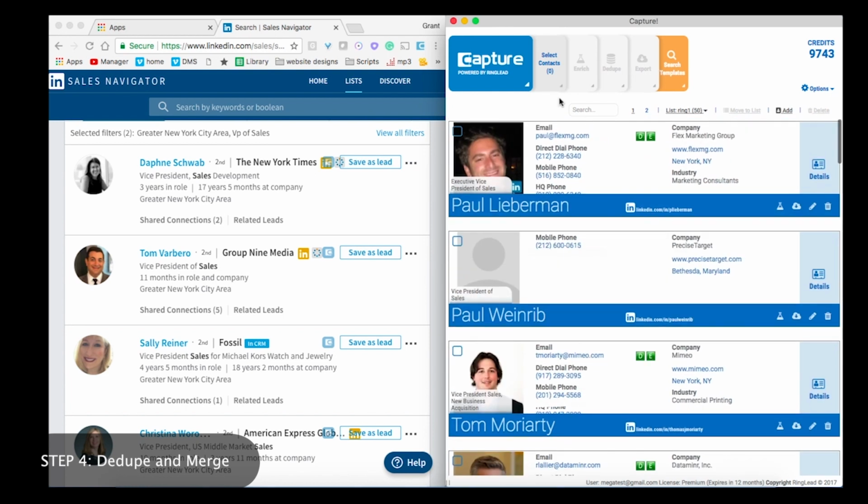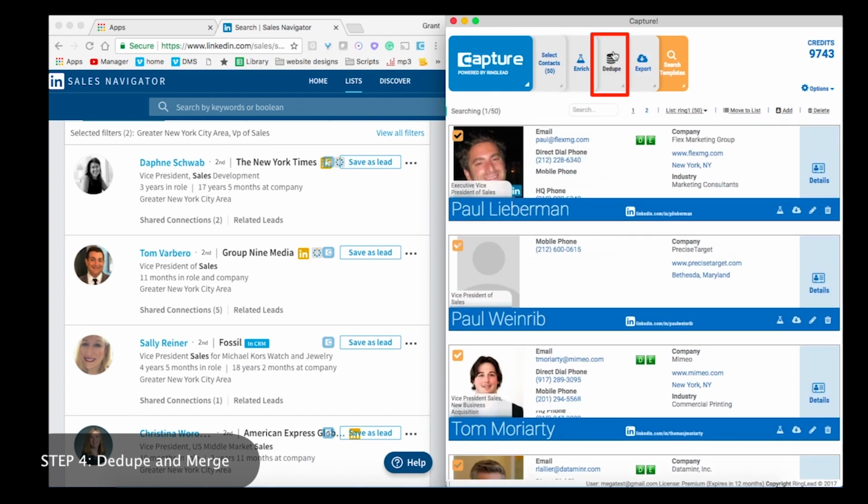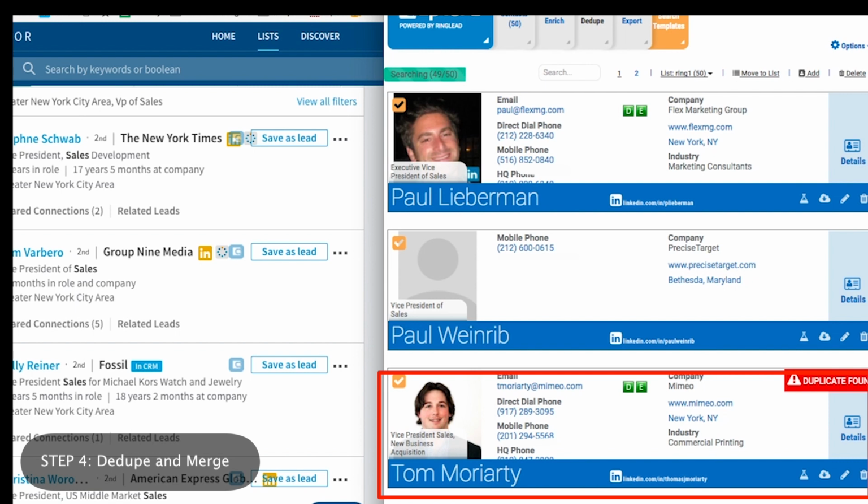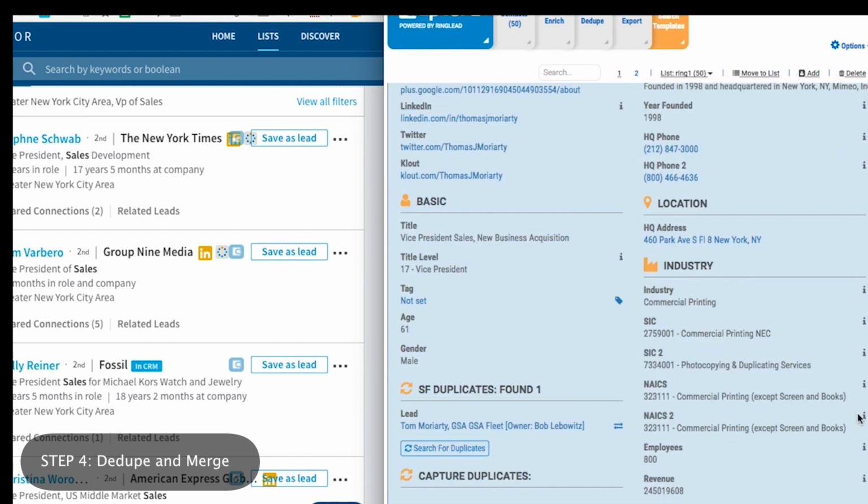So to start this step, I'll make sure that all the records are selected, and then I will select dedupe. That will flag all the captured records that already exist in my CRM. Here, I see that a record has been flagged. When I open up the record, I can see that the lead owner is Bob Leibowitz, a sales rep within RingLead's organization. Because we captured net new data on this lead that doesn't exist in my Salesforce, I will select